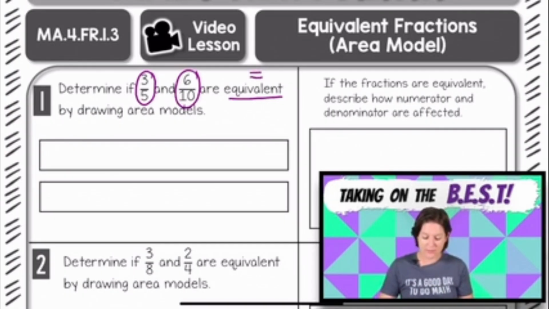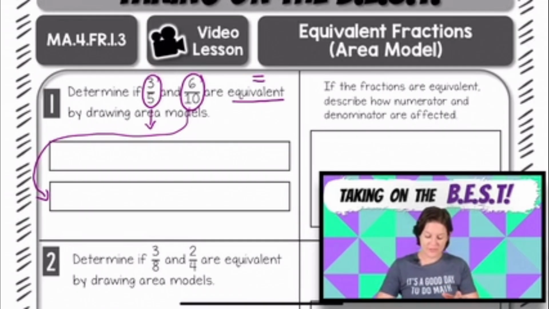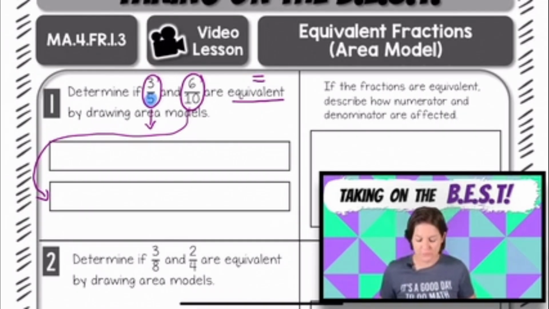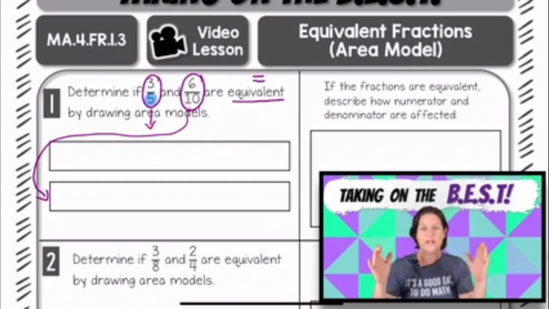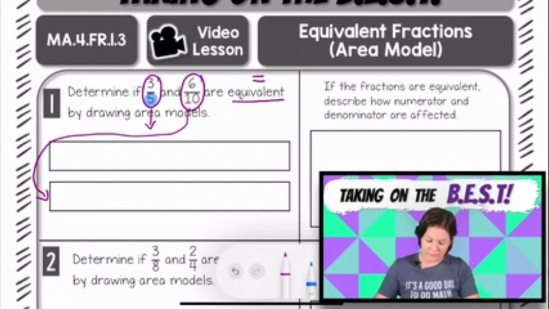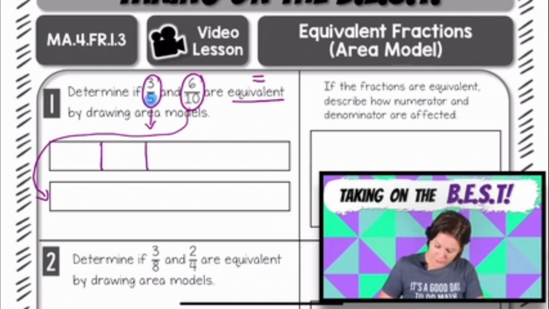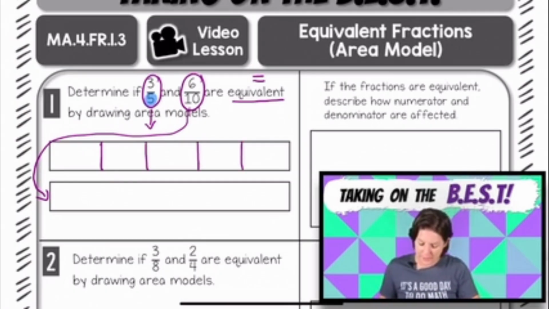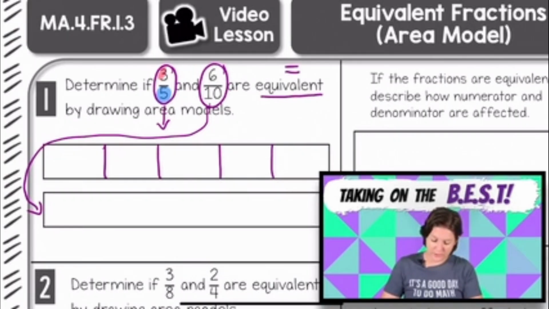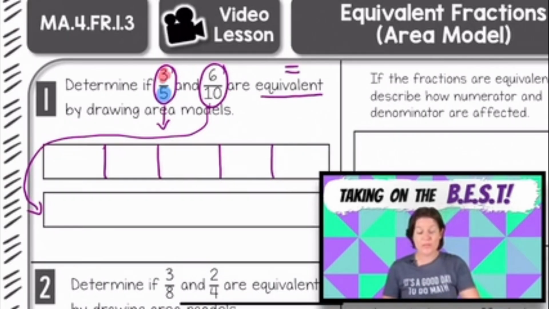by drawing area models. So 3/5, our denominator is 5, which means we need to take that whole area model and divide it into 5 equal parts. Trying our very best to get it equal. Okay, that's not quite as equal as I'd like it, so I'm going to make some adjustments. 1, 2, 3, 4, and 5. That's much better. Okay, so for 3/5, our numerator is 3, so that's how many parts we need to consider